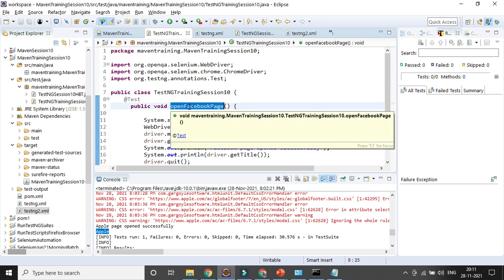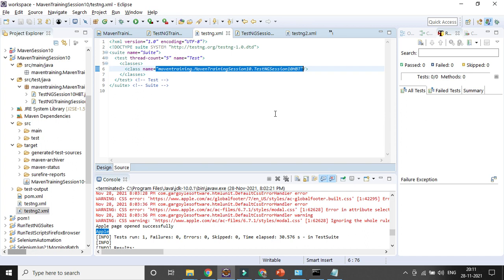In a similar way, you can add multiple test cases in the same class, or you can associate the relevant testng file based on the requirement, based on the different testing type you are doing. For a build validation set, you can create one testng XML file. For system test, you can create it. For integration test, you can create it. For UAT test, you can create it, and you can give the relevant name. And based on that, you can create multiple profiles.